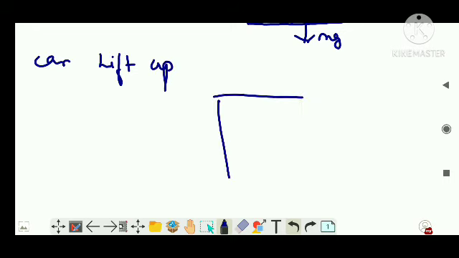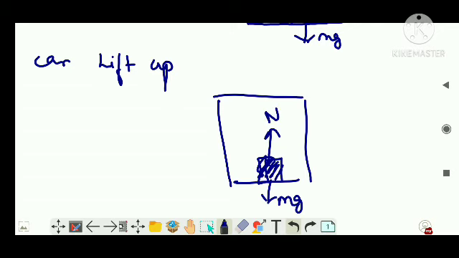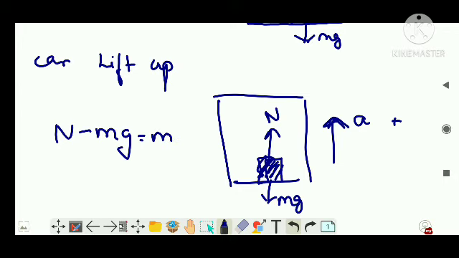Again, I will take the same lift, with the same body, let's say. It will be exerting a downward weight mg. There is a normal reaction N. The lift moving up means it will have a net acceleration in the upward direction. Taking the acceleration direction as positive, N minus mg is equal to ma, or I can write N is equal to m(g plus a),